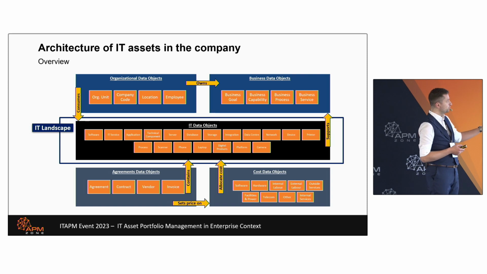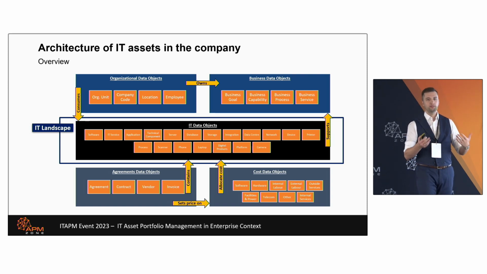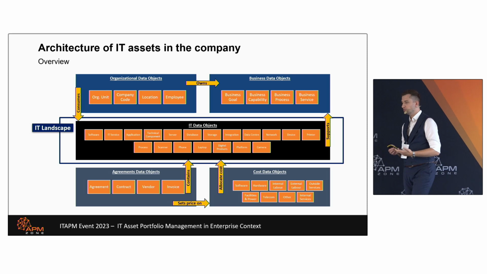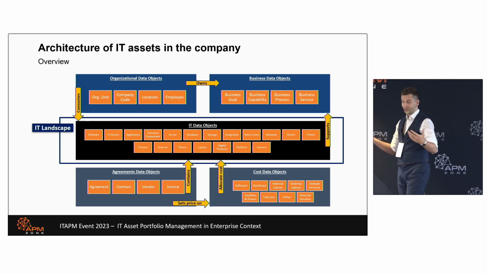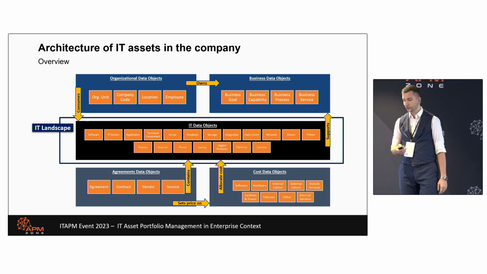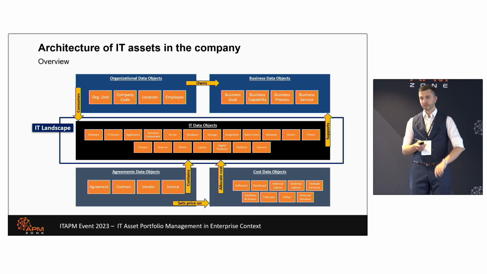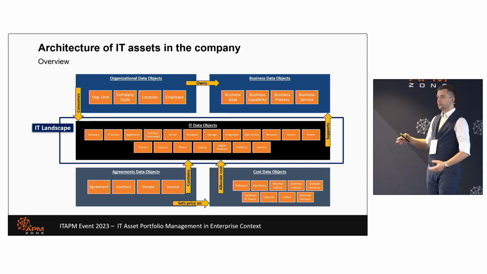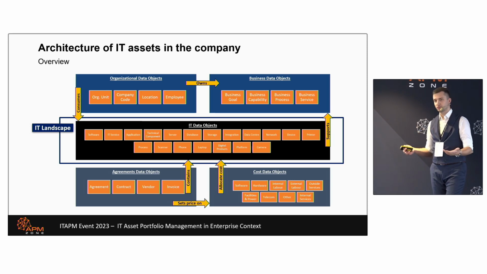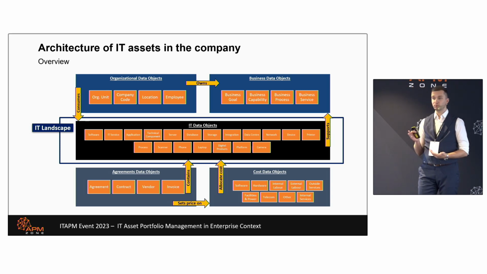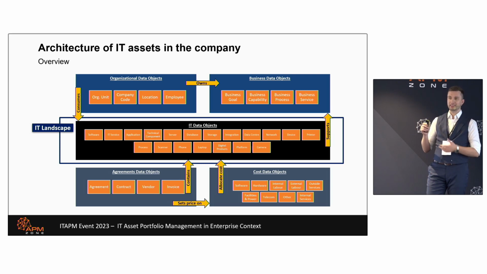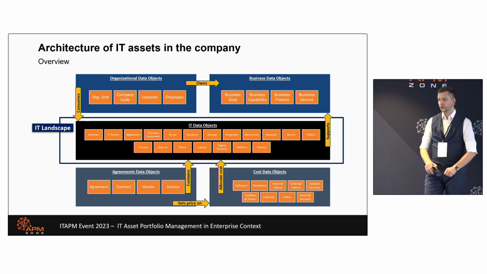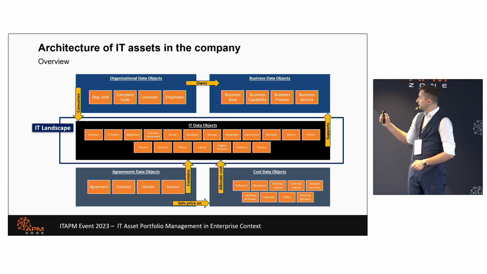And in order to provide transparency and value and explain the reasons behind such a structure or such a cost, you actually need to know where this is coming from. So the agreements, contracts, vendors, invoices, they contain all of that. We have purchased it usually, right? It's not something we have produced, of course. It can be, if it is self-developed, but still somewhere in the end there is a connection to the pricing. And these agreement objects set a price on the cost data objects.